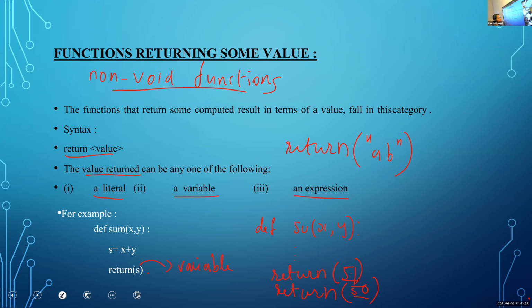5.1 is which literal, Aryan? 5.1? It is float literal. Okay. A number with a floating point value, or a number with a fractional part, is known as float. Here I am using 5.1, so a decimal point is there and some value is there. Its data type is float.